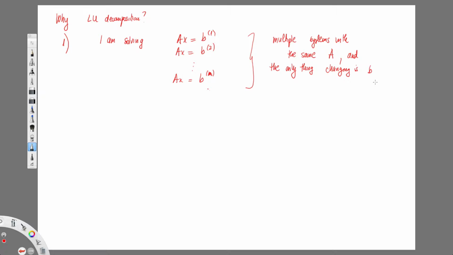Now, why is that important? It's important because in Gaussian elimination there's that forward elimination step that transforms my matrix into an upper triangular system, and then there's a backward elimination, so there are two steps, right? The first part is the one that I can do once and record, and the second part is something that I do only as my b is changing. And the problem is that